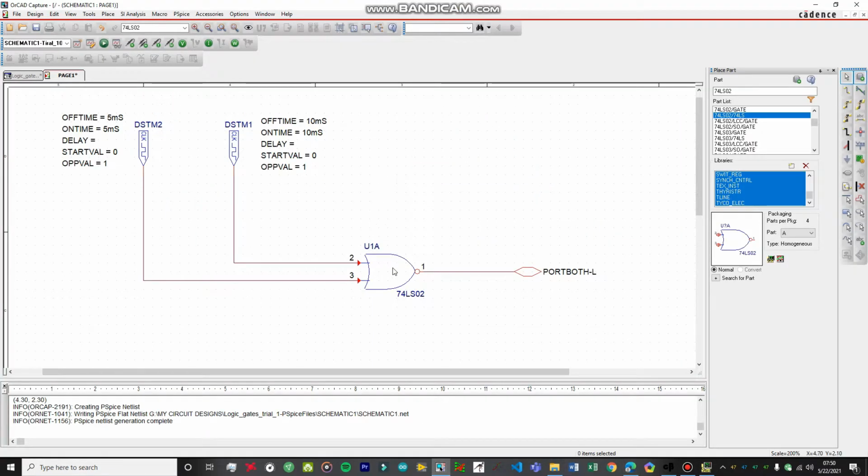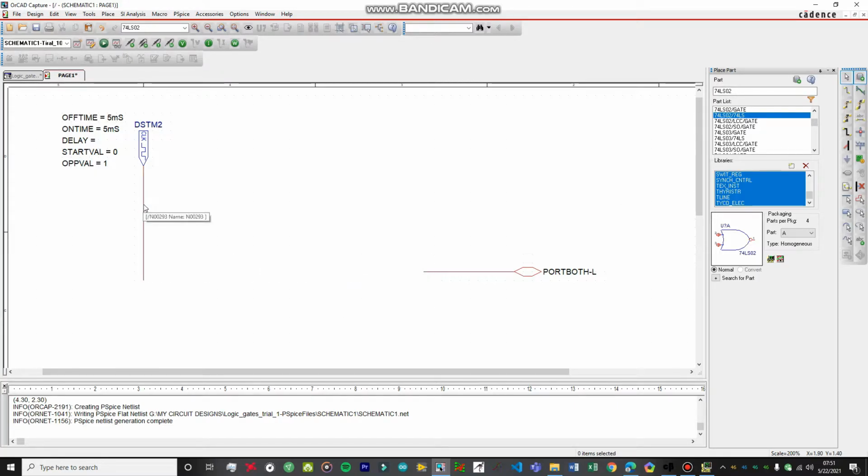In PSpice, let's delete this and remove one of our sources. Delete one of our sources, and let's import the hex inverter. I'm also going to delete the wires as well. So the IC number was